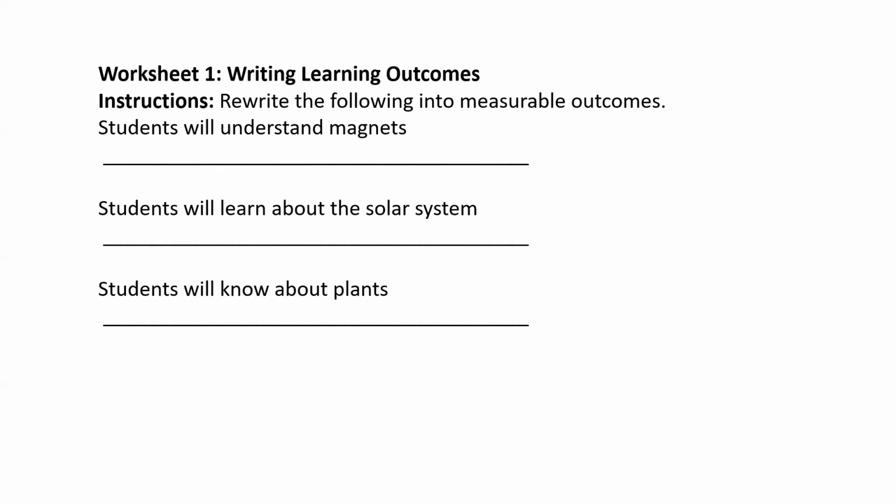Yes. According to the level, that is also important. For example, in primary classes, you cannot go with a lot of things. Middle classes can do this. For upper secondary classes, you can do even better, right? Then students will understand magnets. As you said, you can identify magnetic and non-magnetic materials, and also, as madam said, explain how magnets attract or repel objects. All these things we can do in one class.